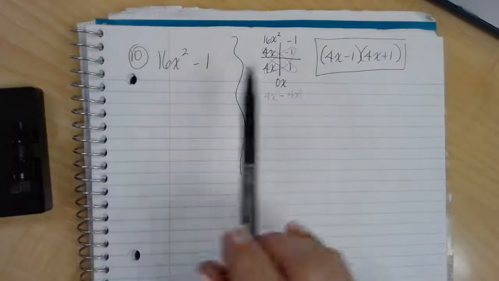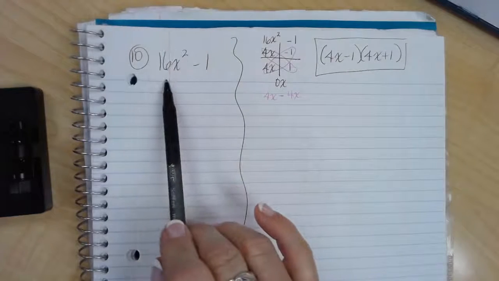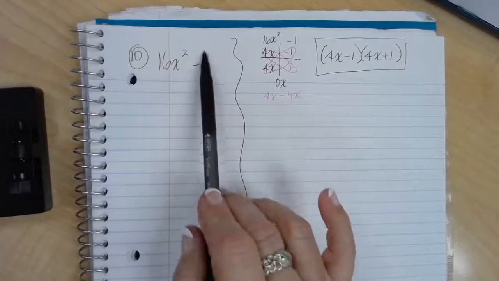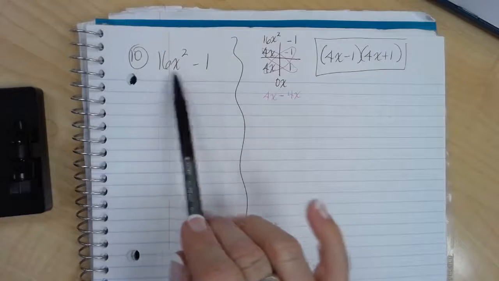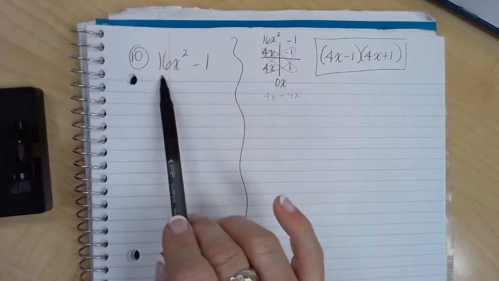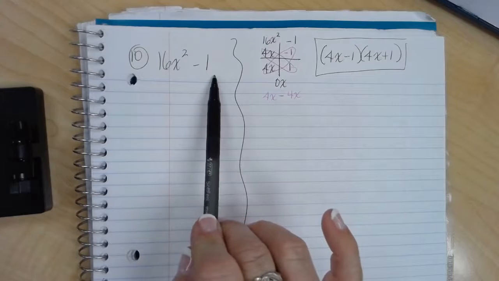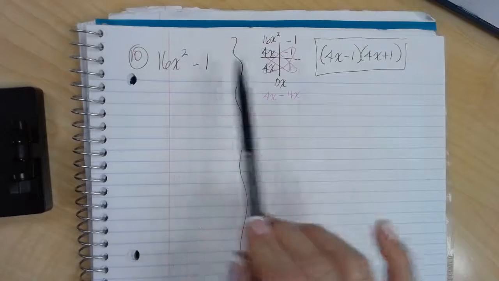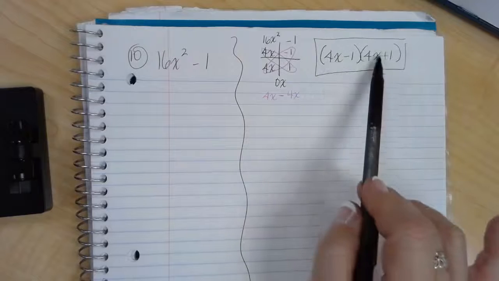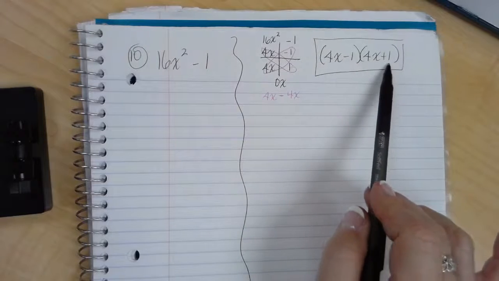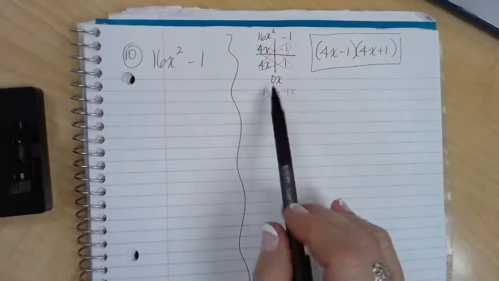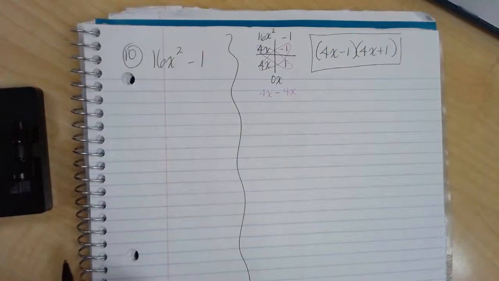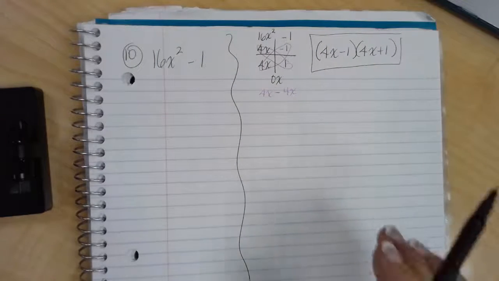Okay, so now something that you might have noticed with this. This is a perfect square of 4x times 4x. This is a perfect square of 1 times 1. This is called a difference of squares. So when this is a perfect square, this is a perfect square, and this is a minus, one's a plus, one's a minus, and then your middle terms will always cancel out and equal 0. So knowing that,